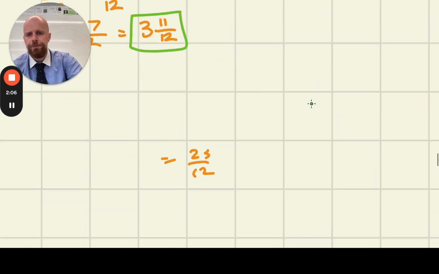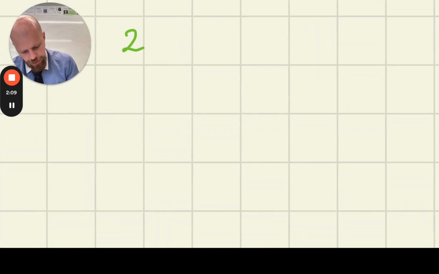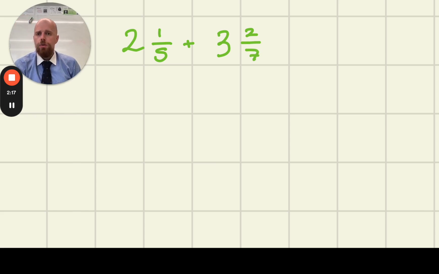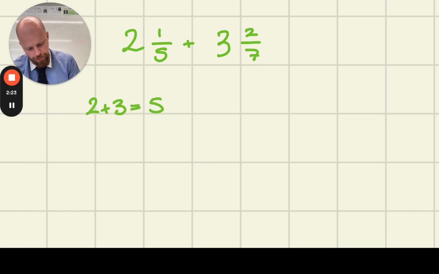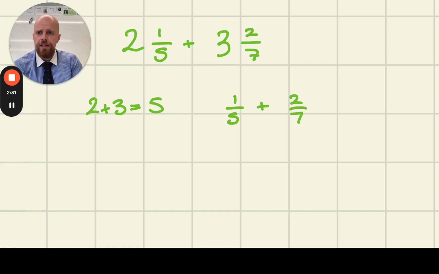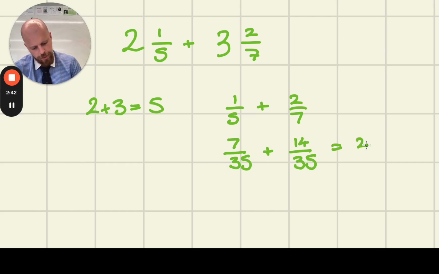Let's have another example. Let's do 2 and 1/5 plus 3 and 2/7. We'll do the numbers, so we'll do 2 plus 3, which is 5, and then we'll do 1/5 plus 2/7. Common denominator is obviously 35 because that's in the 5 and 7 times tables. So I'm going to times the left fraction by 7 and the right fraction by 5. When I add them together, I get 21 over 35. So my answer is 5 and